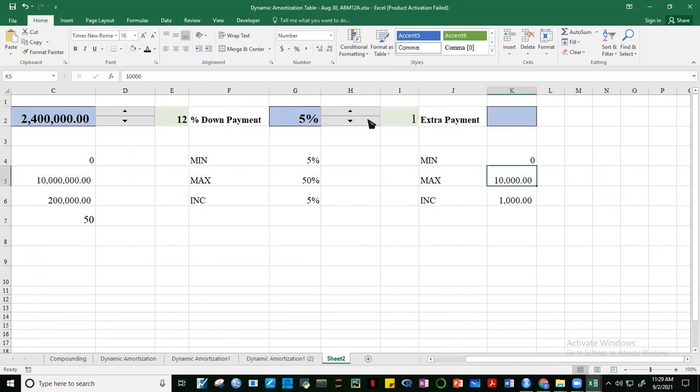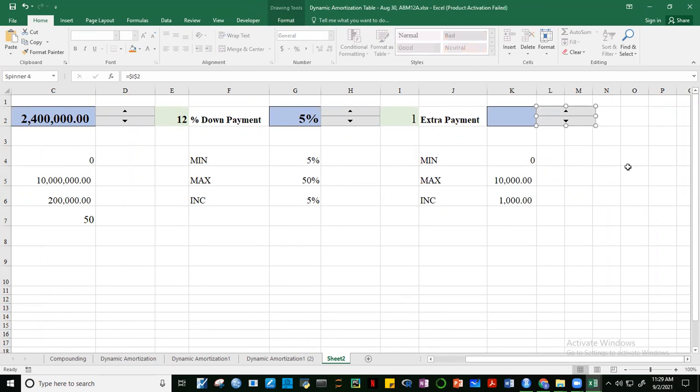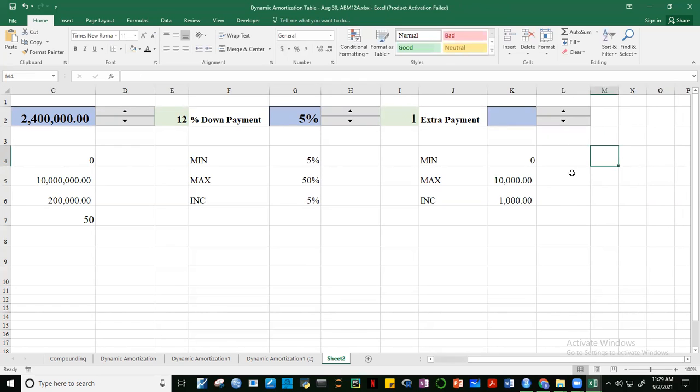Okay, so once again, copy natin to. Copy. Okay, Control V dito. Copy natin. Okay, litan ko lang ito. Okay. So now,